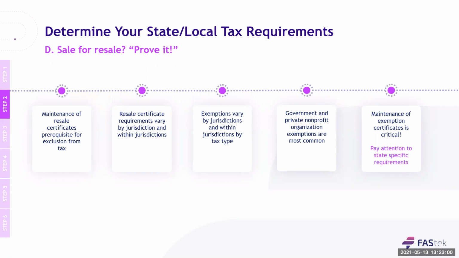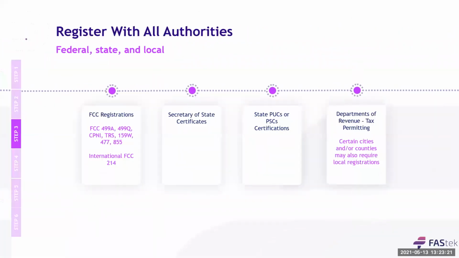Of course, if you're reselling communication services, your underlying carrier may request exemption certificates for different types of tax. Again, the 911, sales, FET, federal USF, the TRS, the PUCs, and the list goes on and on and on. So, Dan, if you go ahead and go to the next slide for me, please.